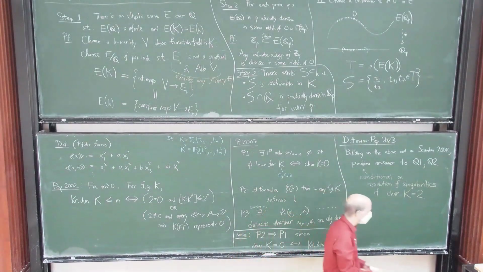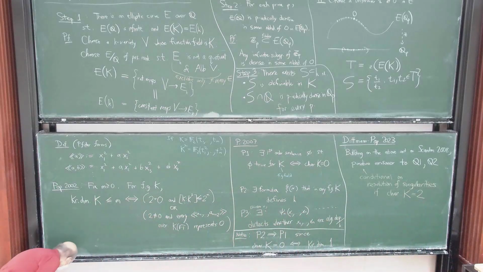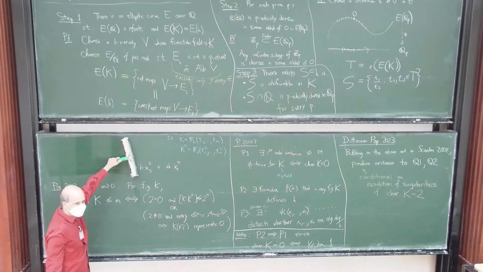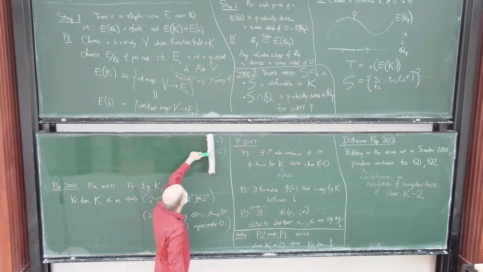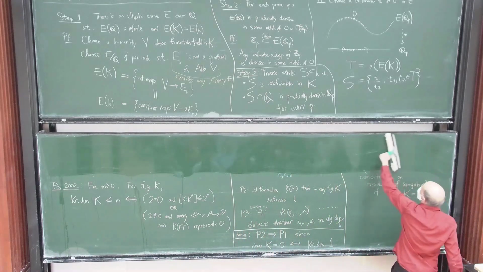Okay, so any other questions? So what is a uniformizer at x0? What does uniformizer mean? Is that the question? In this elliptic curve. Uniformizer just means